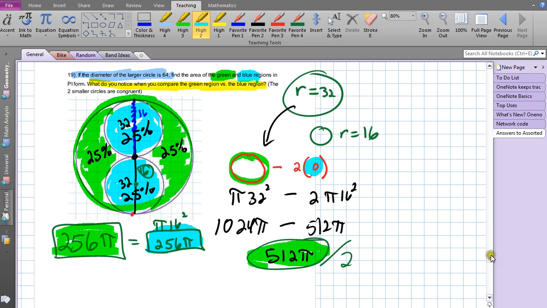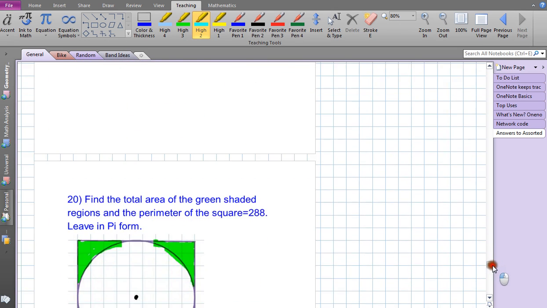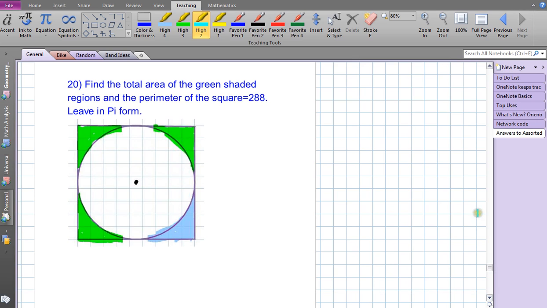So we have one more problem in here, number 20. What does 20 look like? Well, we want to find the total area of just the green shaded regions, not the blue one here. So keep in mind, we don't want the blue. We want the green ones. But the blue one's important to think about because there's a beautiful symmetry of all 4 of these